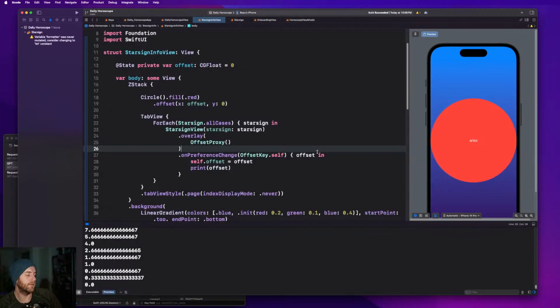We multiply the offset by, I don't know, 100 or whatever the width of the screen is, and then when we scroll to the next one, we do the same thing,